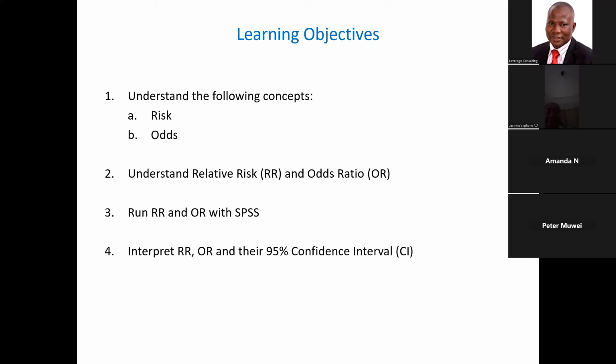So let's look at two measures of association. You must have been hearing of relative risk and odds ratio. Another one we are not going to discuss here is the hazard ratio. That hazard ratio is used in a specialized analysis, survival analysis. We're not talking about that now. But let's talk about these two commoner, simpler ones, relative risk and odds ratio. For you to understand the meaning of relative risk and odds ratio,